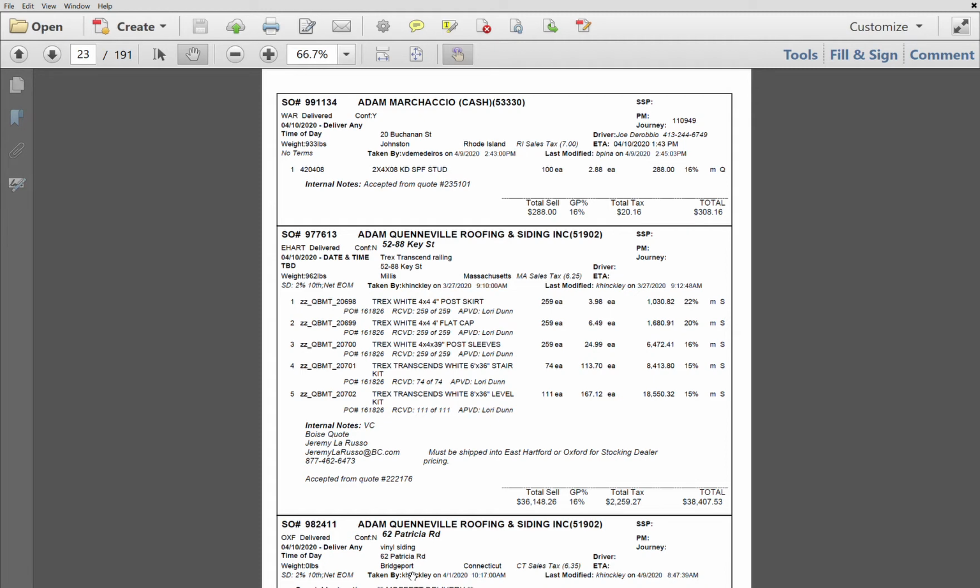Hello, today we're going to learn about the new sales order report and some major changes that we've done to it. This new document replaces the old sales order report. The new format has the document type and document number in the upper left-hand corner,